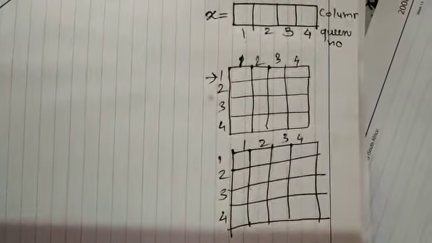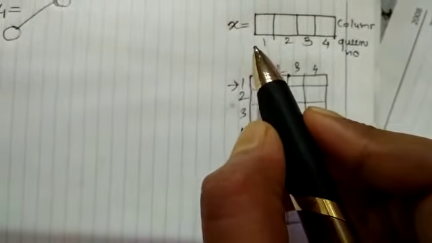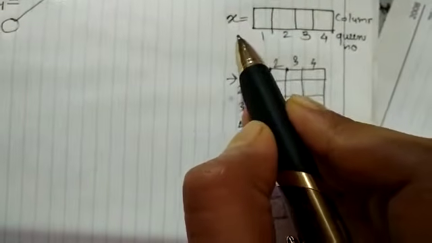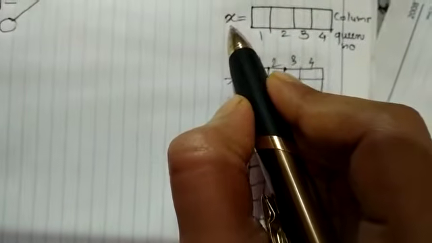Hello students, in this video we are going to discuss how to generate state space tree for 4 queens problem. Before starting generation of a state space tree, let us quickly revise this concept. So in previous video I told you that solution will be represented using solution vector, and here the name of the array is considered to be X.